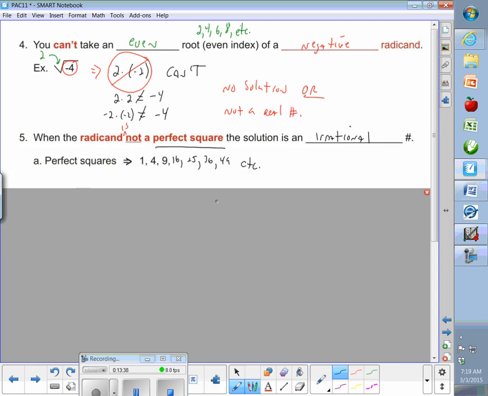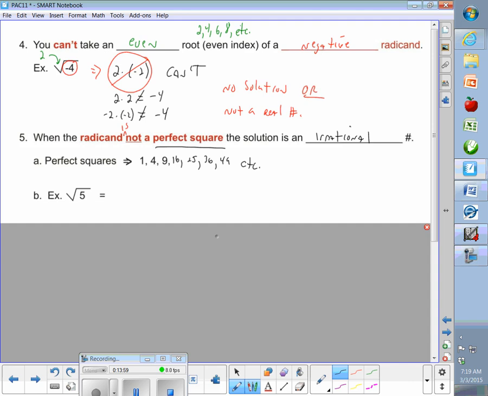So, etc. And by the way, we can take the square root of 4, right? We can take the square root of 1 and get 1. We can take the square root of 4 and get 2. Square root of 9 and get 3. Square root of 16 and get 4. Square root of 25 and get 5. Square root of 36 and get 6. Square root of 49 and get 7, etc., right? But when you're taking the square root of a number that's not a perfect square, you get an irrational